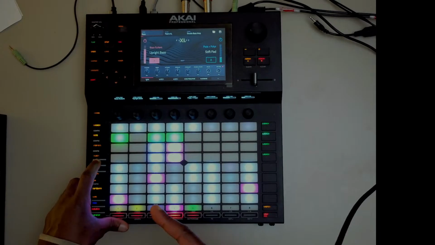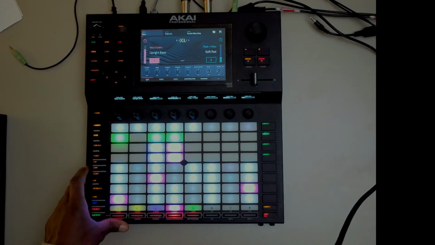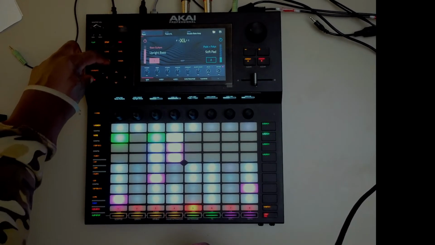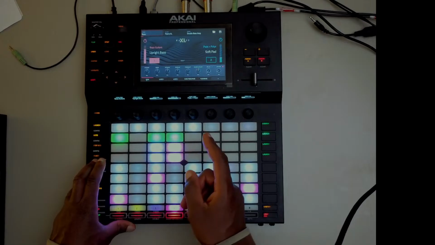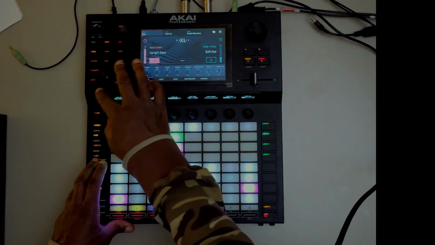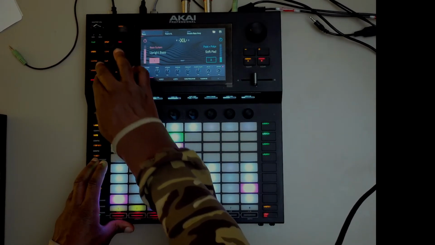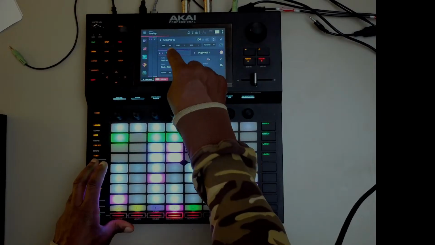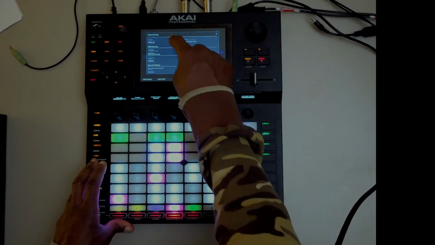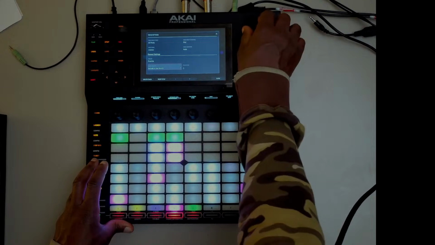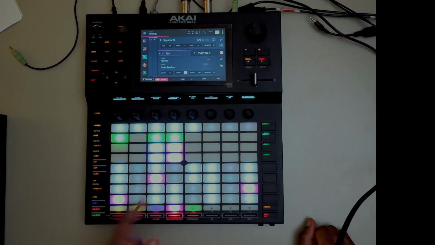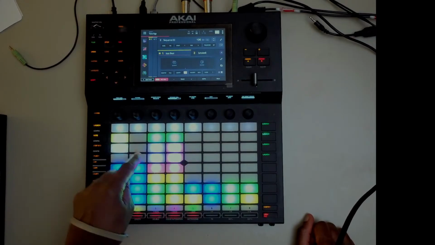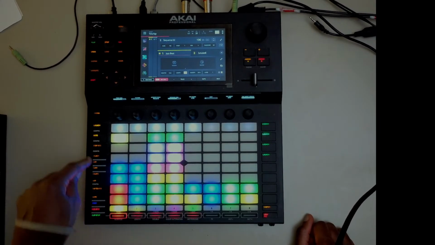No. Mental note to self and to you: if you ever want to quickly go to it, you don't have to use shift click. You can press edit and edit track. I was wondering if it went edit track settings, but it makes sense why it doesn't do that. So let me go back to here. I'll do a hold press, and then I'm gonna go over the bass, and I'll exclude the bass, and I'll do one more thing. Since we got this here, let's do a little quick arrangement.